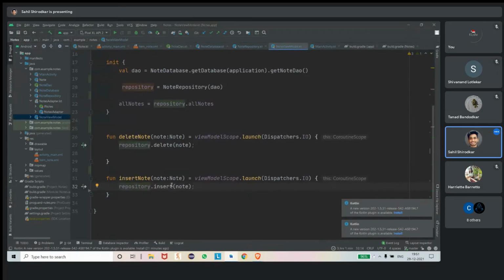That's how the whole hierarchy works: first the view model, then the repository, then the DAO, and then the main database.